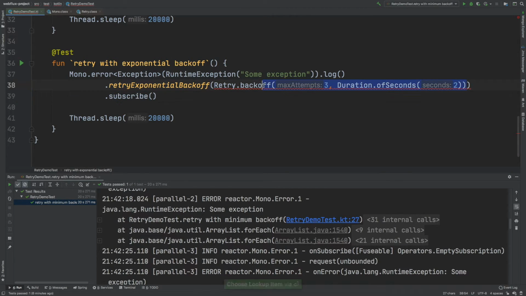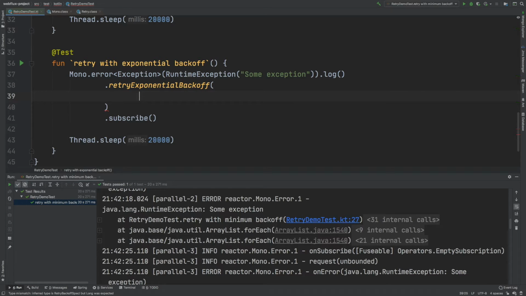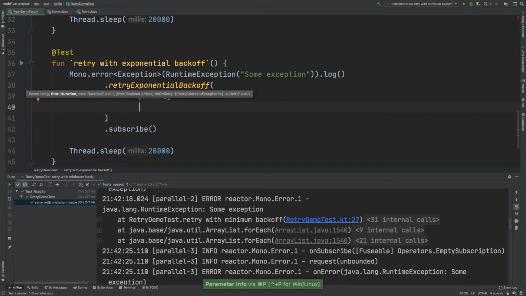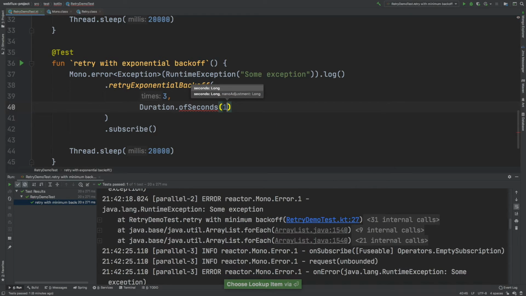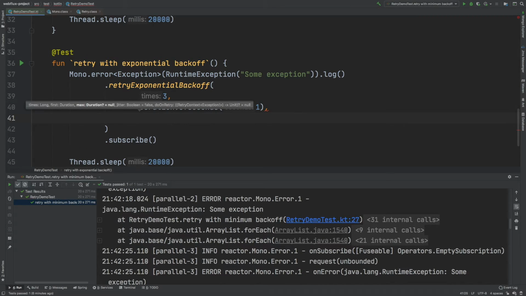So here you can pass different parameters. I'll show you. It takes the number of times you want to retry, so for this, I'll give 3. Then it takes the first duration, the first retry you want to do. So I'll say that I want my first retry to be executed after 1 second, and then it takes the maximum duration parameter, which is basically the time duration between two retries. So here I'll pass a duration of, let's say, 4 seconds. So here I don't want the time duration to exceed 4 seconds between two retries.